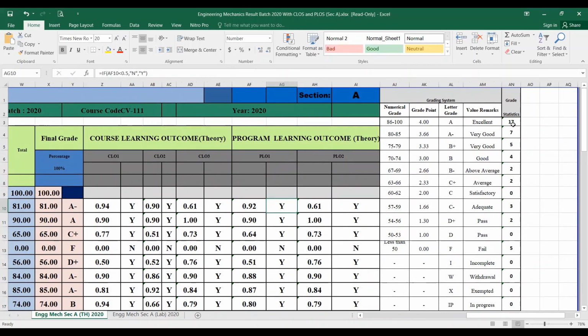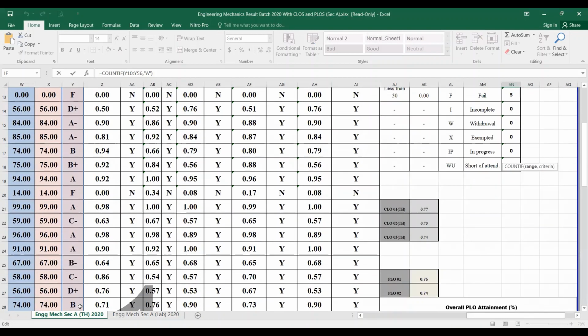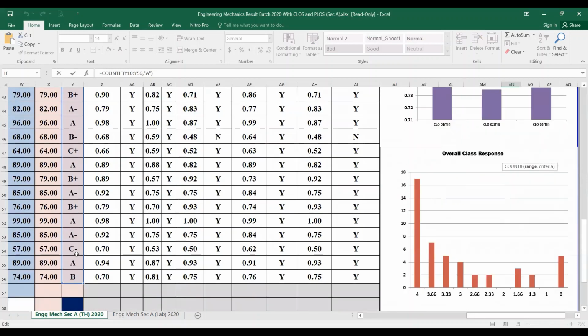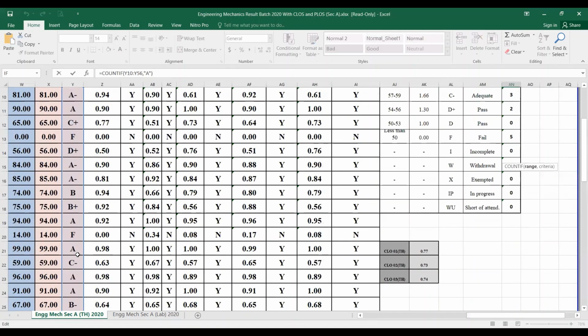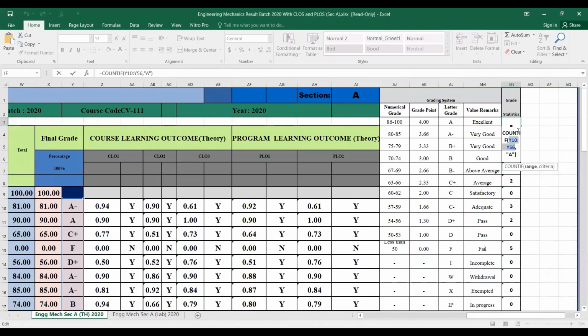This is the grading system, and I have placed the formula. It is COUNTIF, and you have to select the column, in which you can see how many students attained A grade. So this is my column of final grade. I have selected this whole column on which I can see how many A grades there are. So you can see 17 students out of 50 students got A grade,